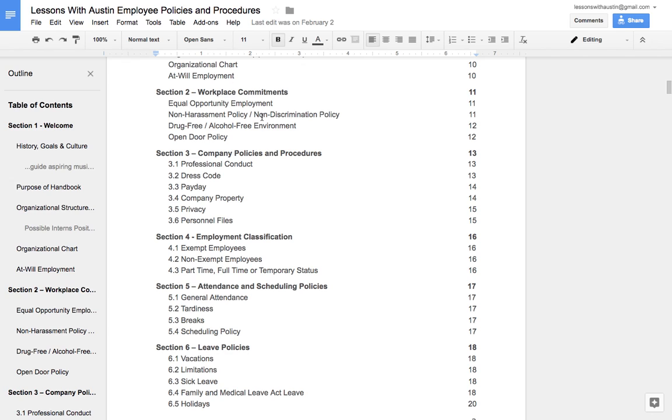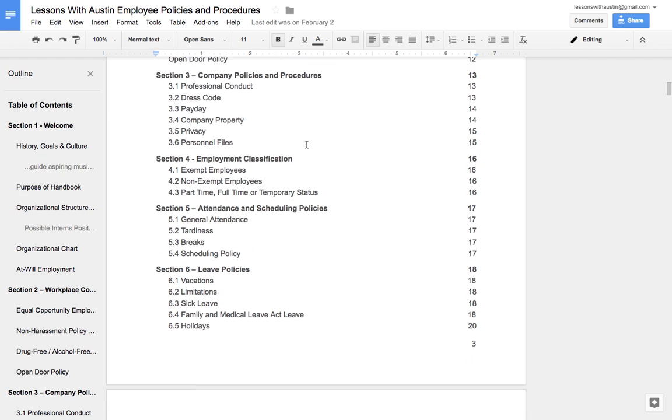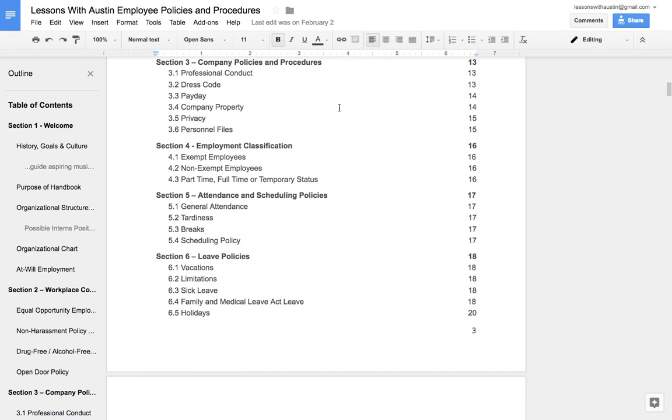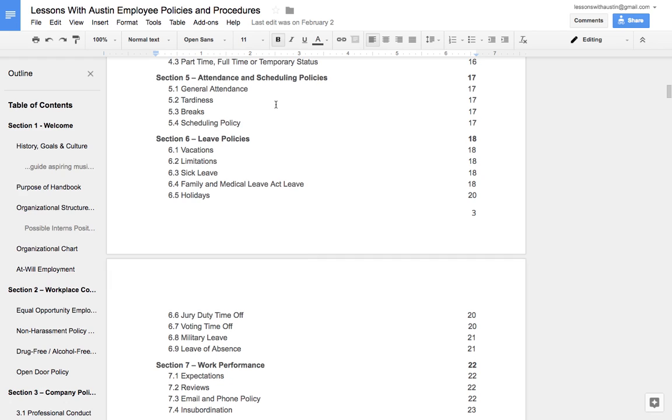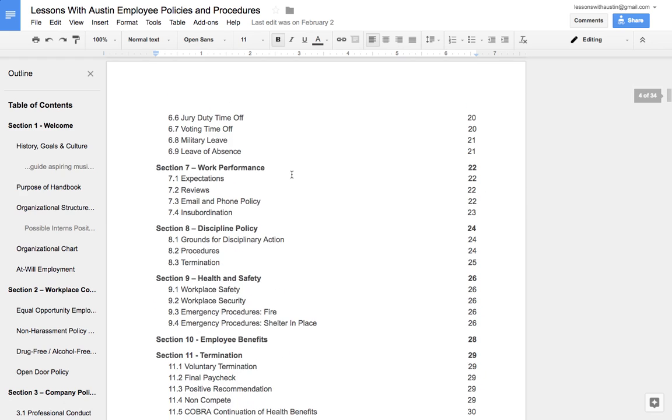You need to know your rights and policies, drug-free, so we've got to talk about that. Company policies and procedures, dress code, payday, things that you really might be interested in knowing, and just things you need to know. Classification: are you part-time, are you full-time, are you temporary, attendance, leave policies,